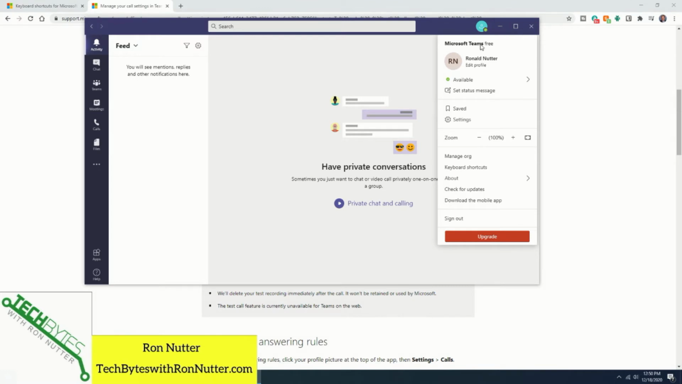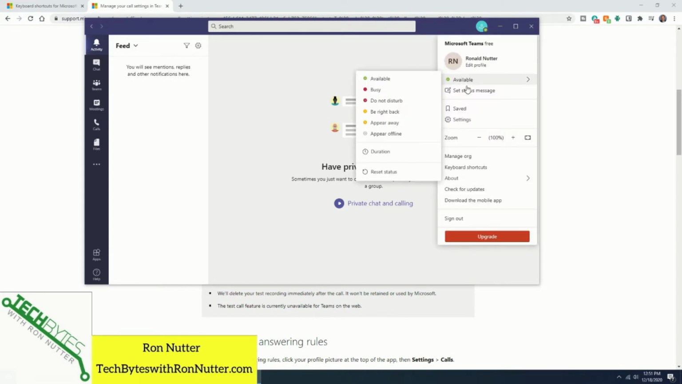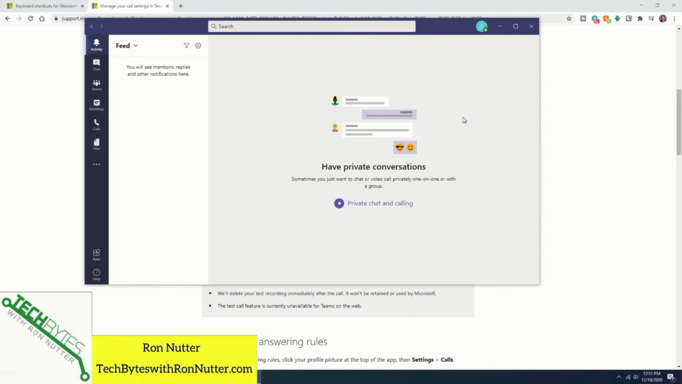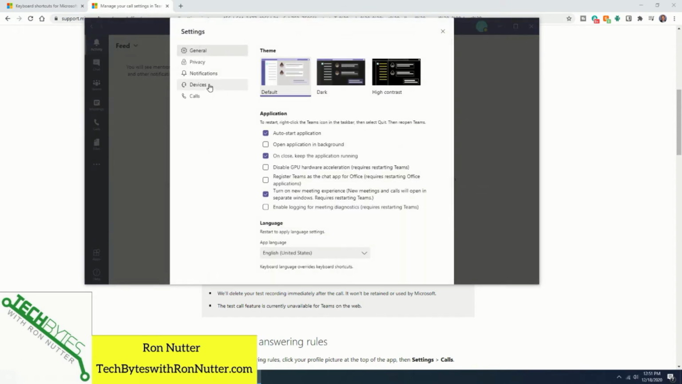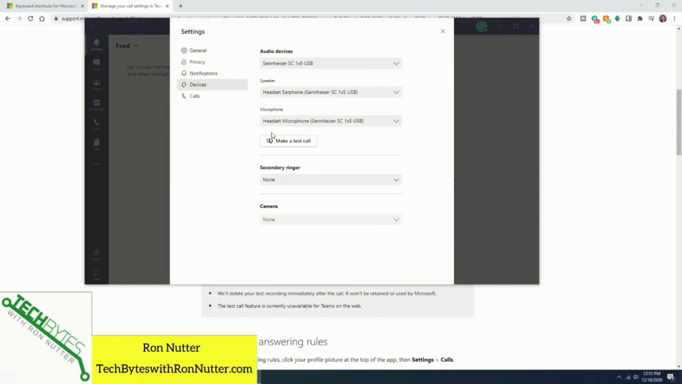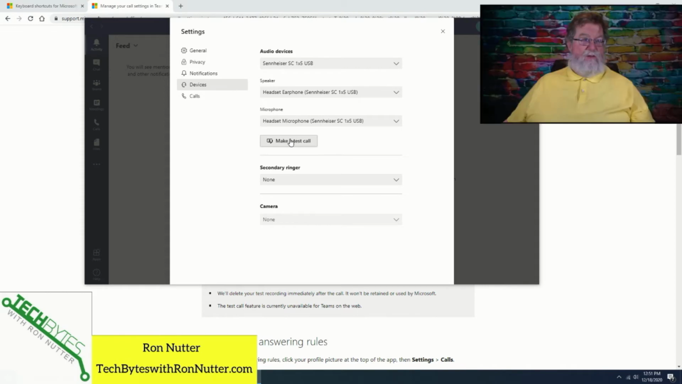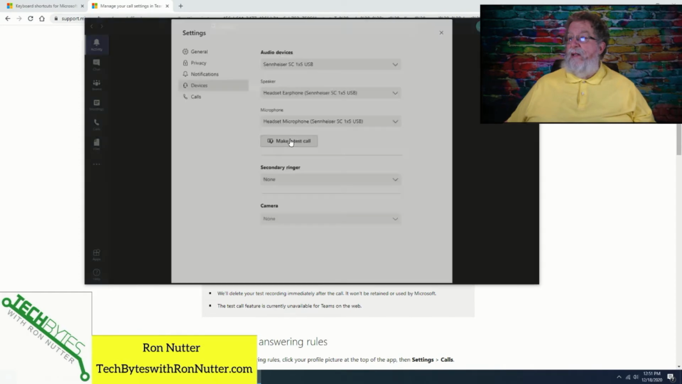So what you'll want to do is go into that. I'm using the desktop client. You click on where your initials or your name are up top there, and then we will click on Settings, and then Devices, and then make a test call. So they buried the lead, as news people would say. So let's go make a test call,